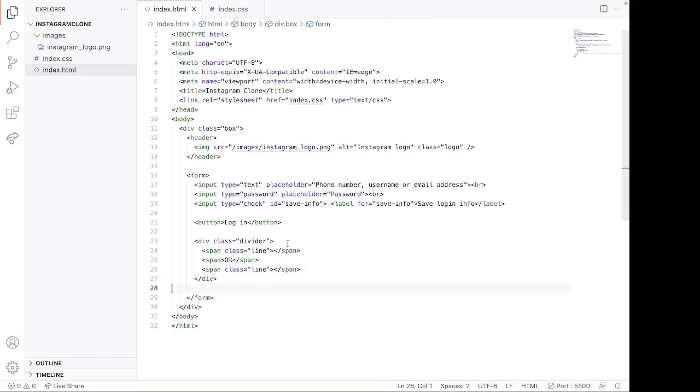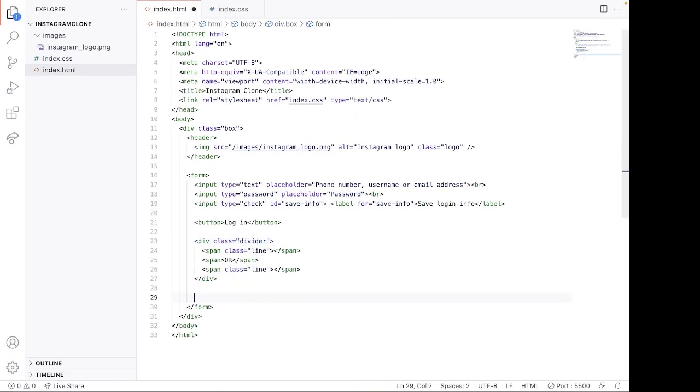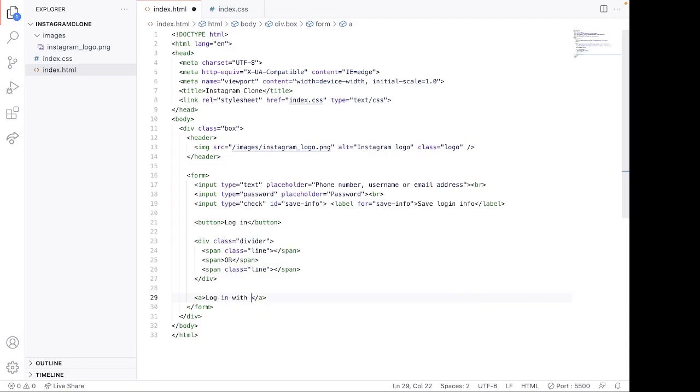So that's under the divider. Remember, this divider is representing this "or" dash, or dash "or" dash, right? So under that we have a link, right? So for a link, we use the a tag, right? And the text to be login with Facebook,